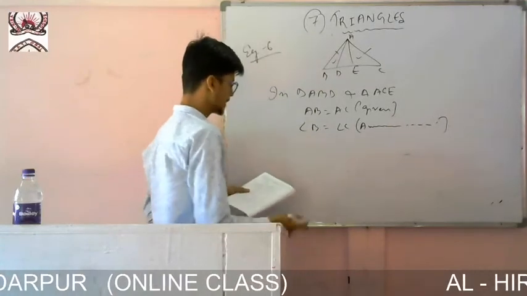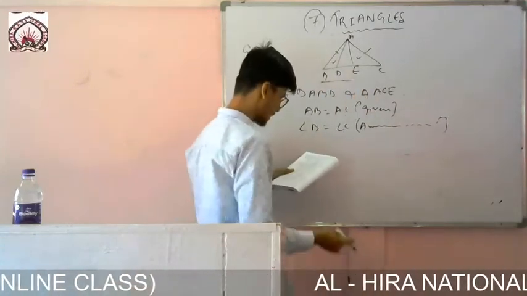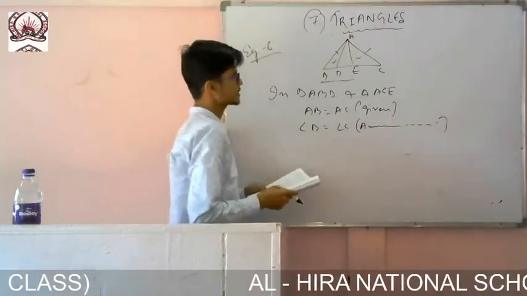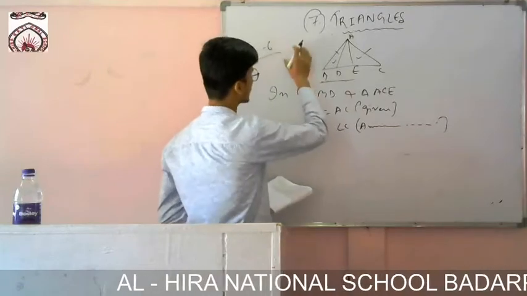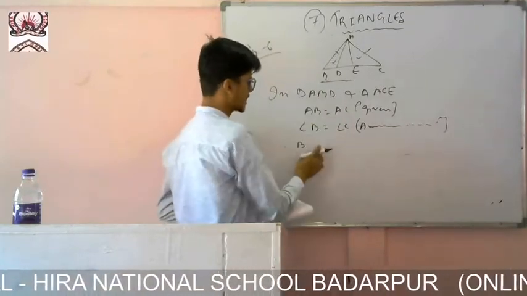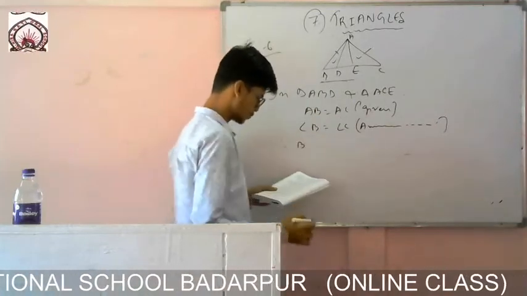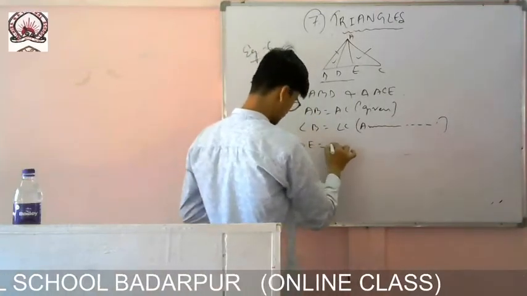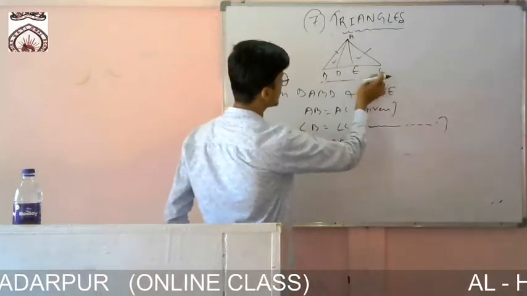Then this part BE, it is given in the question that BE equals CD. Since I need another side, you can prove it earlier or in the middle. So since BE equals CD,